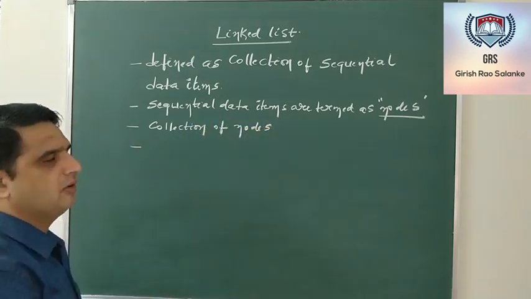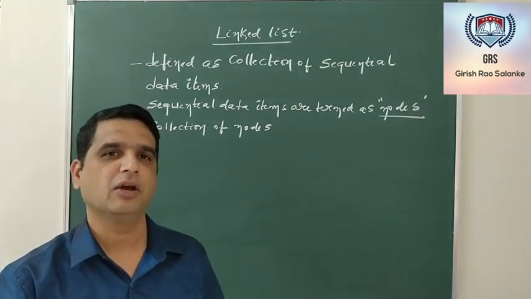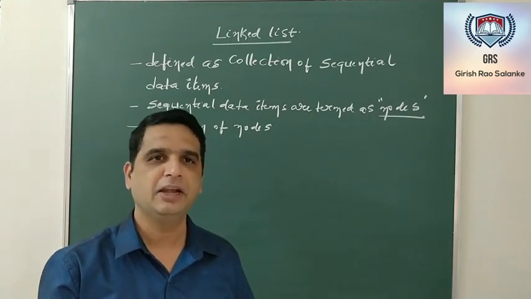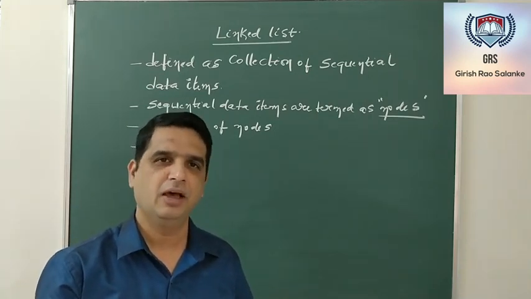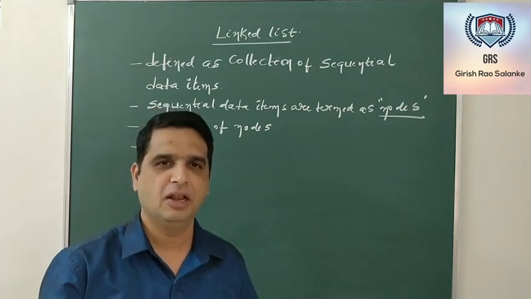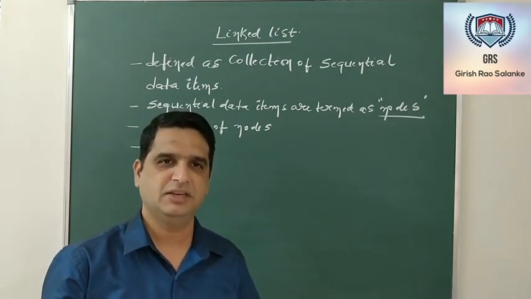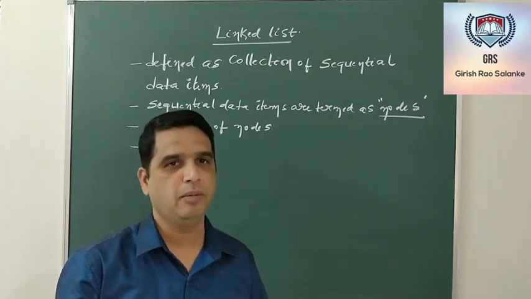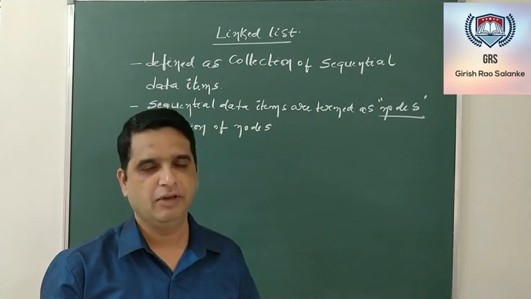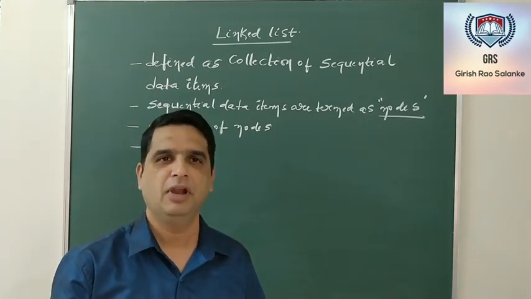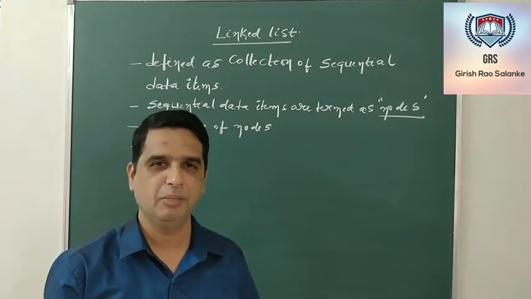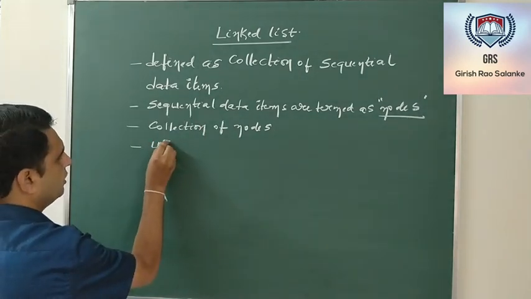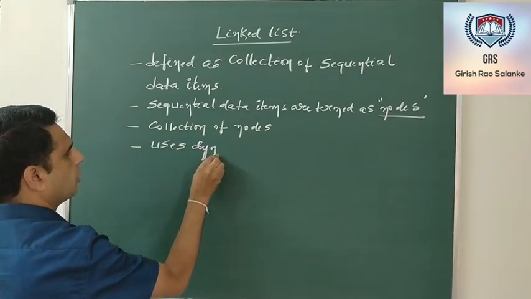Note that in case of linked list, we use dynamic memory allocation. Maybe in the previous data structures that we have implemented, either it might be a stack or a queue or a circular queue or other things, till now, all those data structures were basically implemented using static memory allocation. Now, note that whenever we are implementing any data structure with the help of a linked list, it implies that we are using dynamic memory allocation. So, one more point about a linked list, I can say it uses dynamic memory allocation.